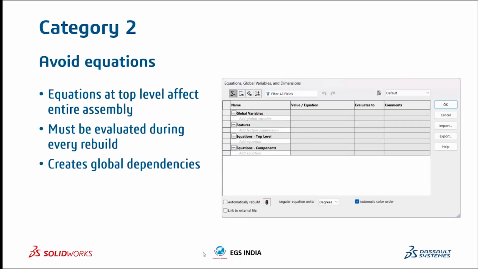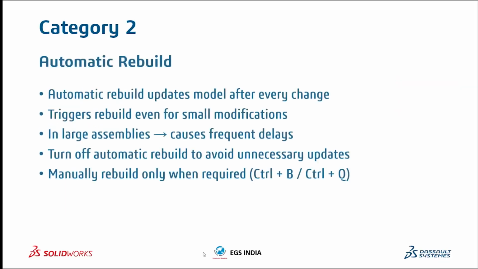And the final topic is the automatic rebuild. So what do you mean by automatic rebuild is for every single change that you do within the assembly, let's say that you change an extrusion from 10 to 20, that small change is going to trigger an entire rebuild for the entire assembly. You might not be done with your changes. There's going to be 2 or 3 more changes that are yet to be done, which are caused by this